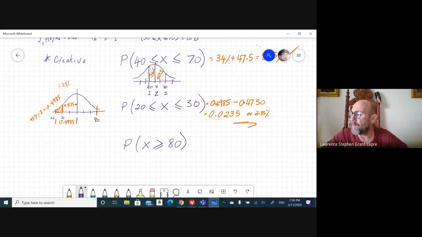No, it wasn't greater than 80. But anyway, what's your answer? Okay, now bigger than 80, this is 0.4985, and after all of that is 0.5. So if we take 0.4985 from 0.5, we will get